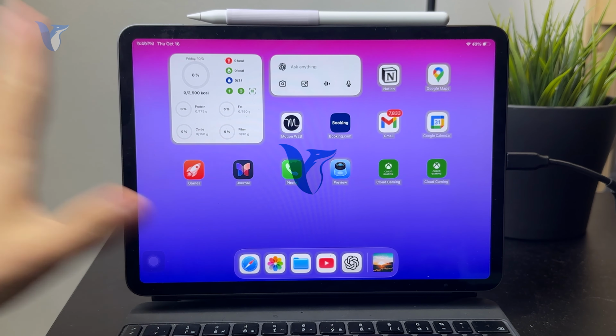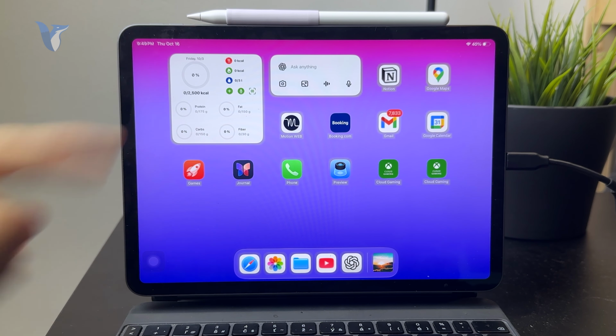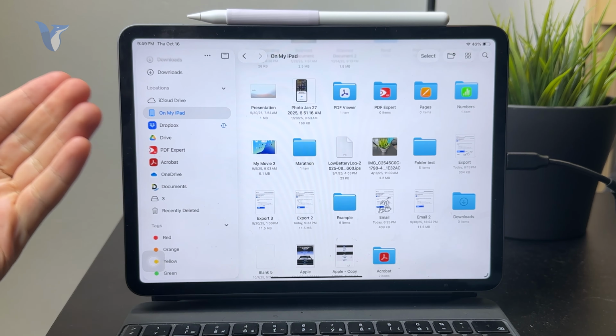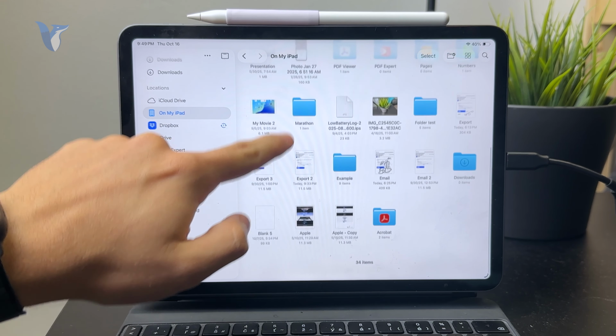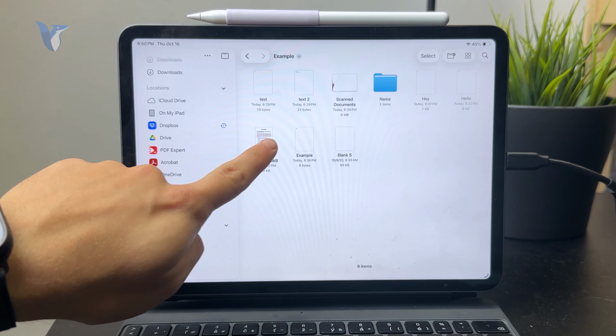So how can you show a PDF file in full screen on the iPad? Let's explain that. What we need to do basically is locate that PDF file. It is most likely going to be part of your folders or the Files app. And what I noticed in here, the PDF, I can tap on it, and since I'm running the